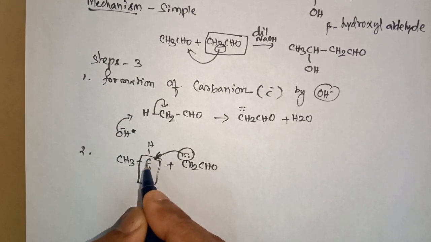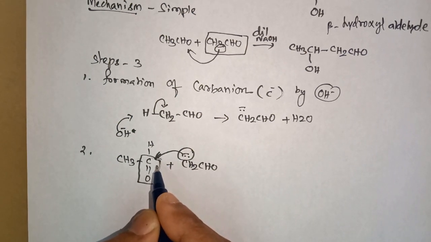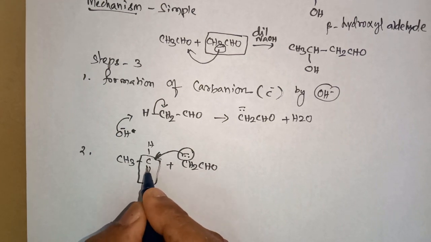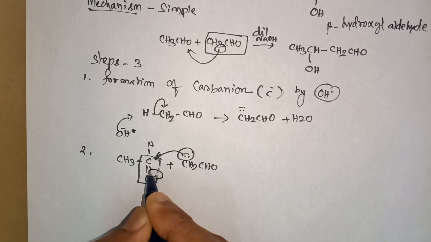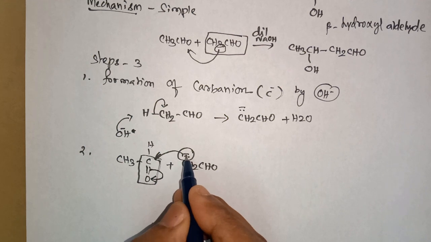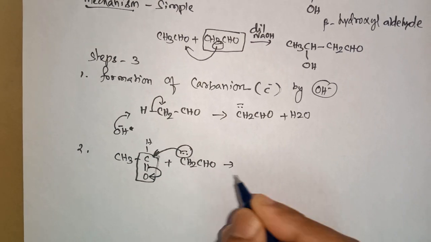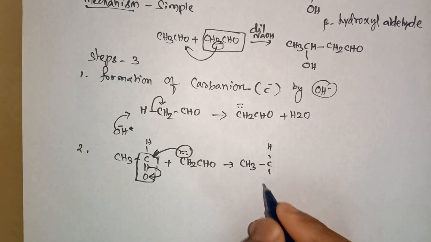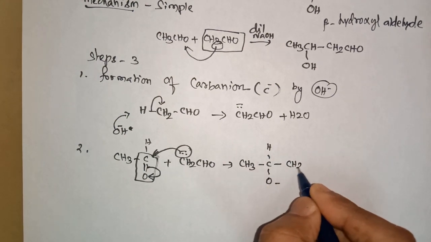Already this carbon is surrounded by 4 bonds. If it makes a bond, then totally 5 would be surrounding, but around the carbon 5 bonds are not possible. So out of these 2 bonds, 1 bond's electrons are taken up by this oxygen. That is called a pi bond. It is taken up, so it makes a bond with this carbon. This bond breaks and here comes a negative charge on this oxygen. So what happens here? We get CH3 C, H here, single bond, O minus, single bond CH2 CHO.